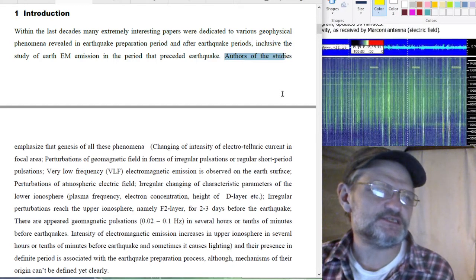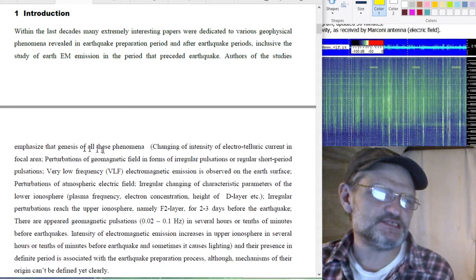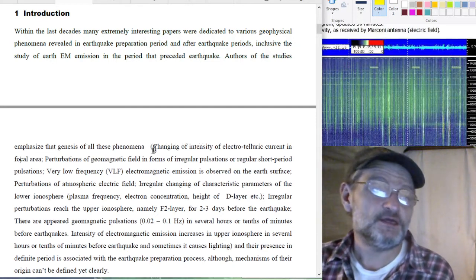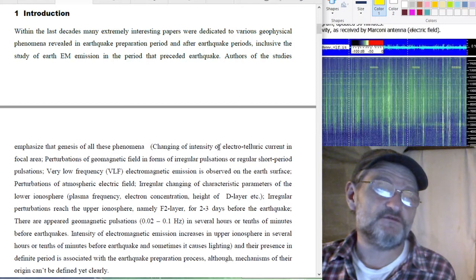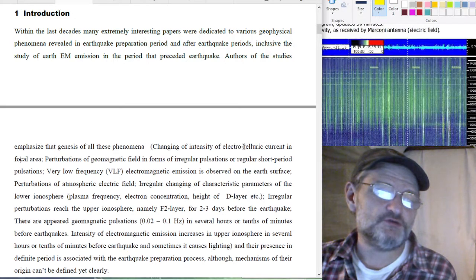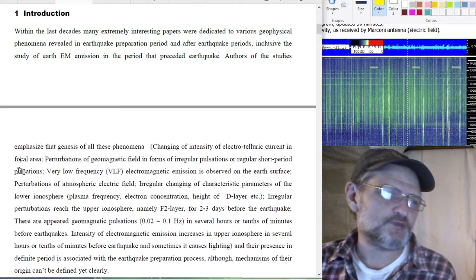Authors of the studies emphasize that the genesis of all these phenomena includes the following: changing intensity of electro-telluric current in the focal area, perturbations of the geomagnetic field in the form of irregular pulsations or regular short period pulsations,